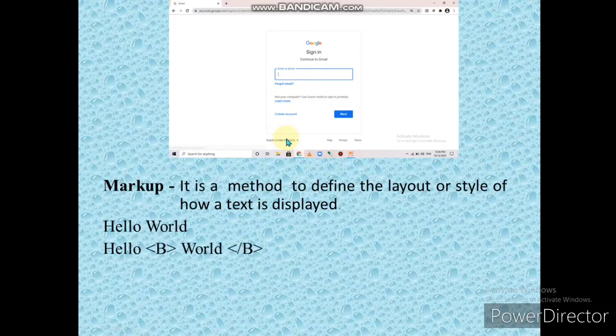So in this way you can make word bold. Understood? Markup means mark the content through the tag. Simple definition: markup means mark the content through the tag. It is a method to define the style of the text, how text is displayed on your web page, defined by the markup. Understood? Next topic is,